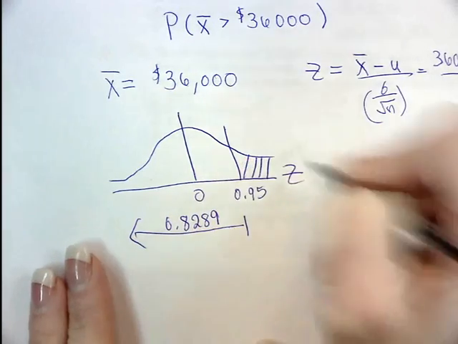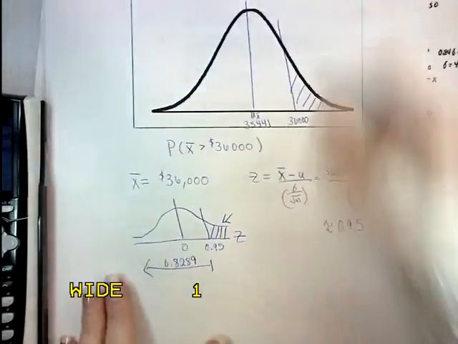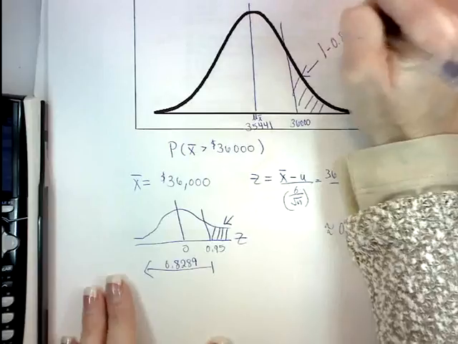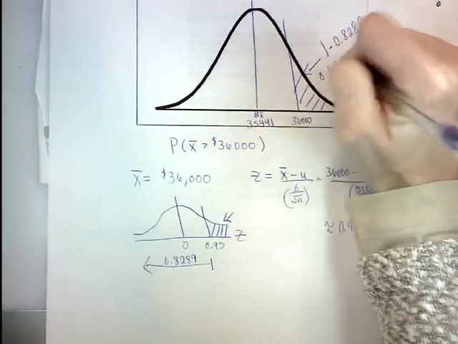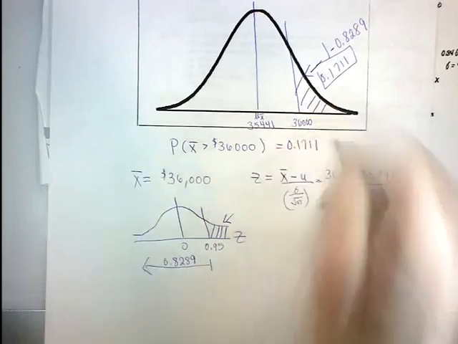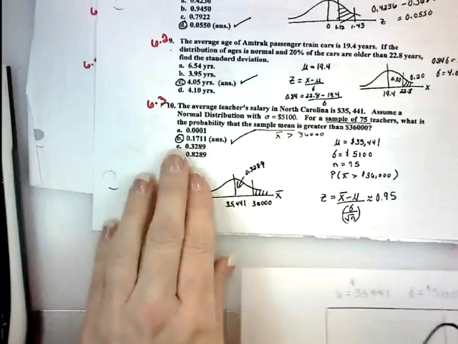So the area above it in both of these pictures is 1 minus 0.8289. Final answer, and that is 0.1711 as the answer to the probability question. So about 17%. And that answer is B here,